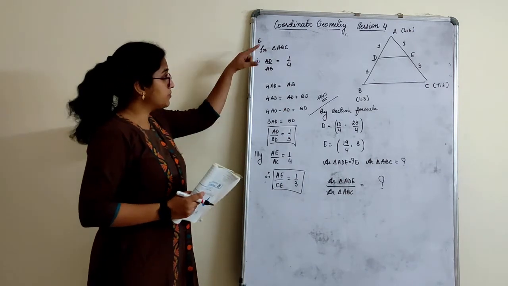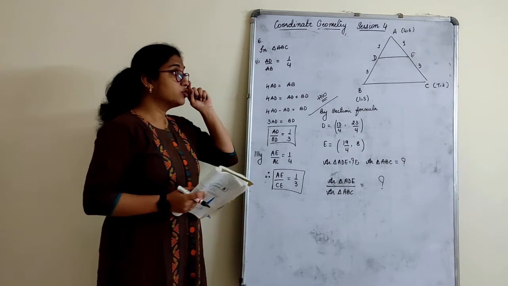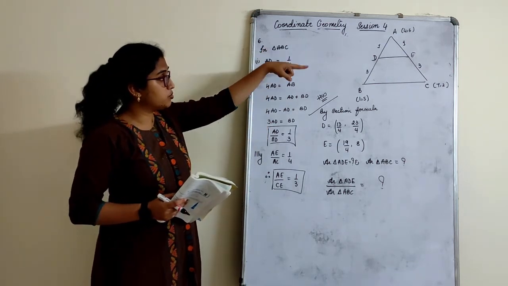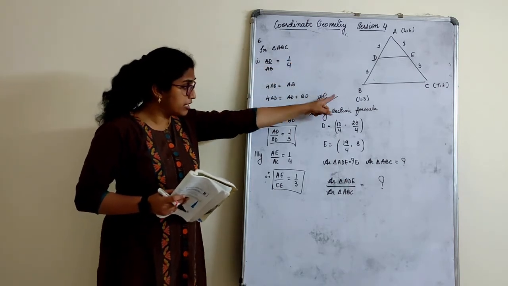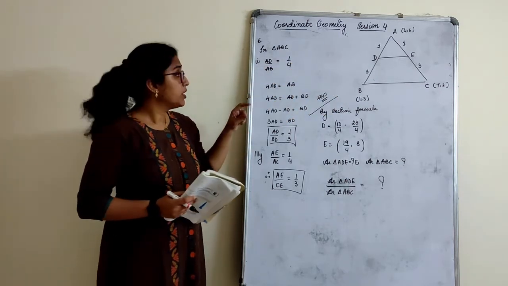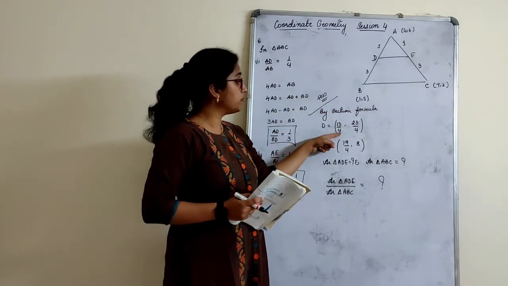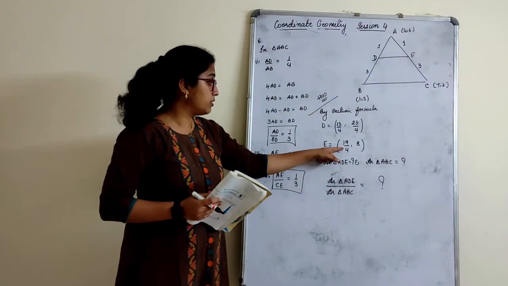Right? See, first of all, with the given thing, we found in what ratio they are dividing. So we got M1 and M2 with respect to that. Take your x1, y1, x2, y2, x3, y3. With respect to that, apply section formula and find the coordinate of D. This will be the answer. Apply section formula and find the coordinates of E. This will be the answer.